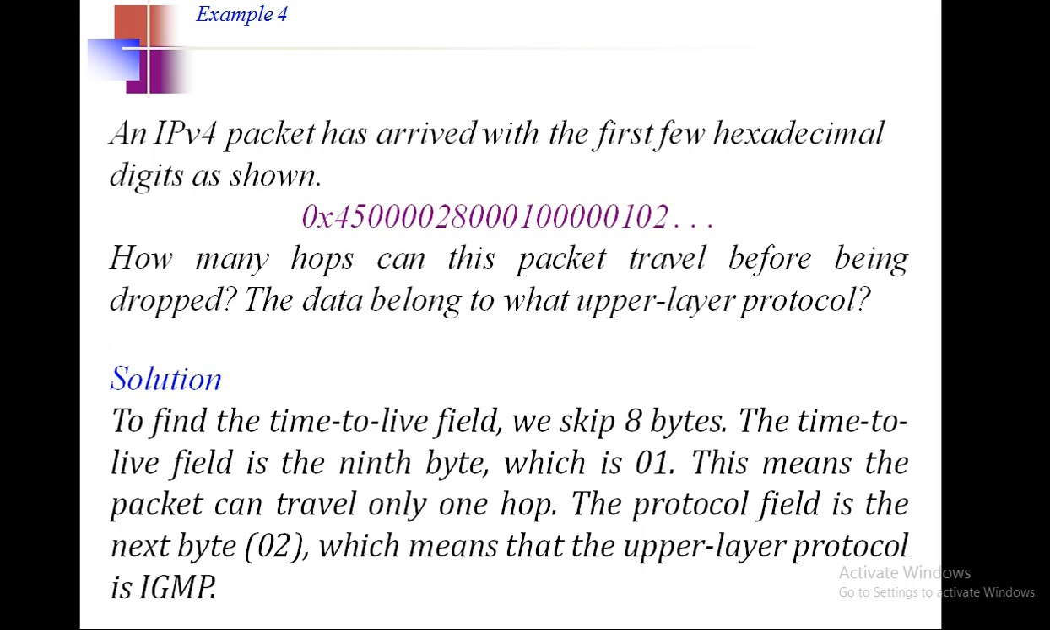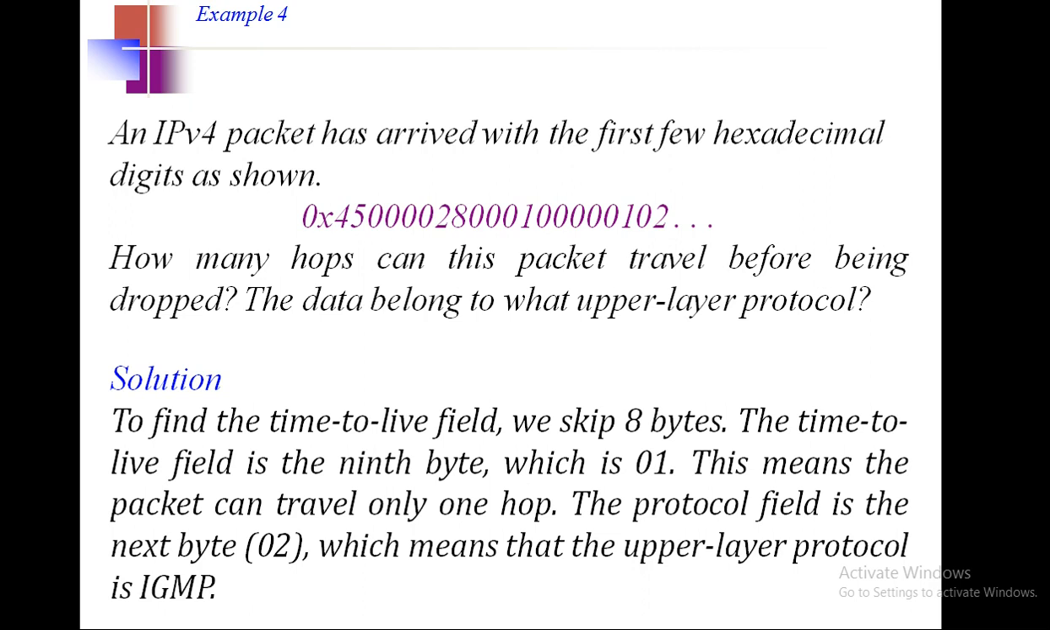After skipping 8 bytes, you have to skip the 45, that is the first byte, 00 the next byte, 00 the next byte, 28 the next byte, 00 the next byte. So in total you can skip 8 bytes. One number is of how many bits? 4 bits. So two numbers are 8 bits, and 8 bits is nothing but 1 byte. So 45 is 1 byte, next 00 is 1 byte, next 00, you have to keep on skipping these, and the 9th byte will be 01. So 01